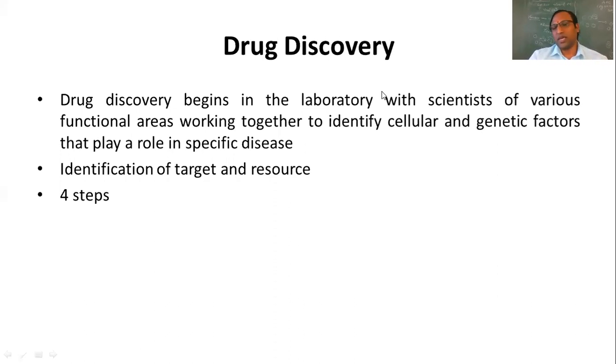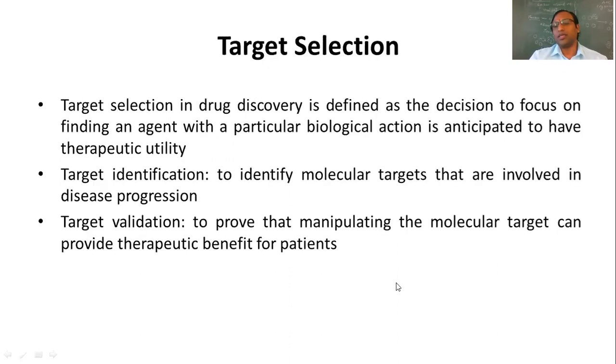So for the identification of the target and sources, there are 4 steps. We will see this in detail. In this particular topic, the target selection, we have to understand that target selection in drug discovery is defined as the decision to focus on finding an antigen with a particular biological action which is anticipated to have therapeutic utility. See, when we are formulating this particular molecule,